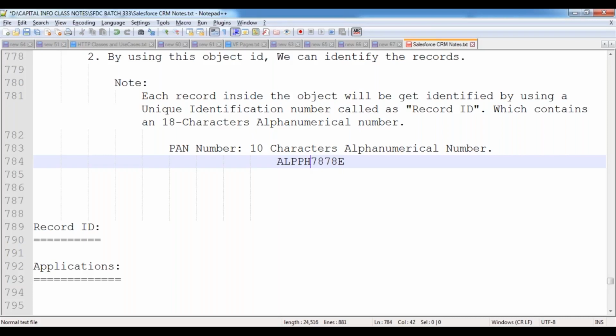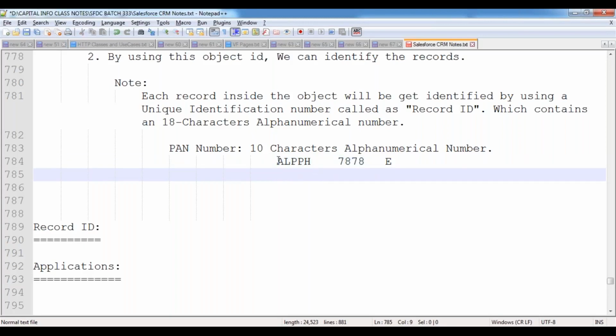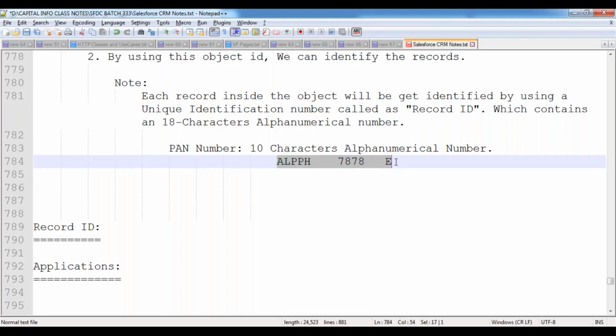The first 5 are characters, the next 4 are digits, and the last one is a character. This is the PAN number format followed by the Government of India.